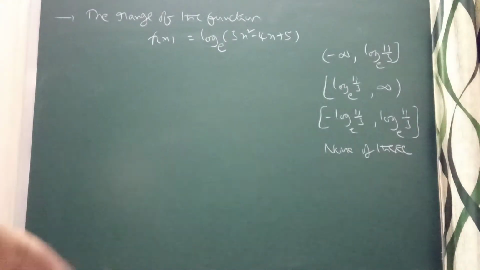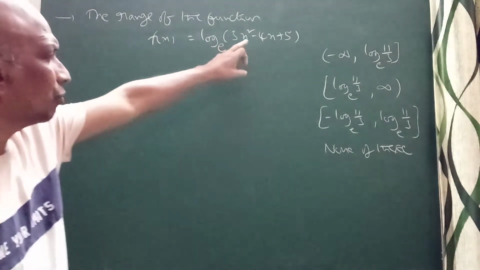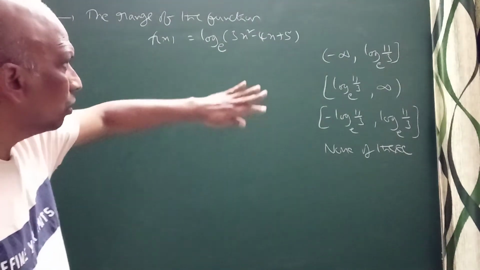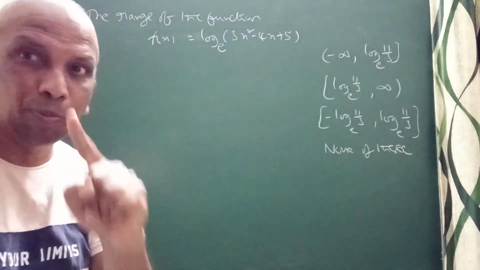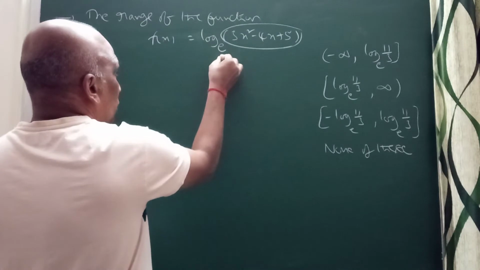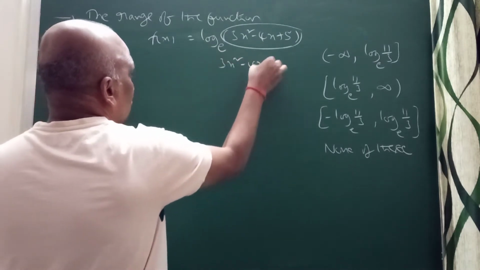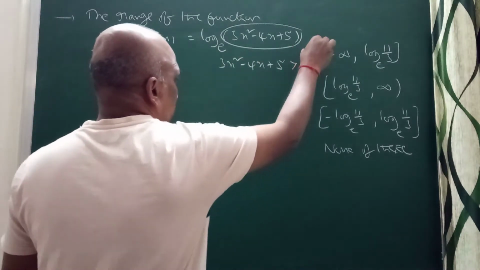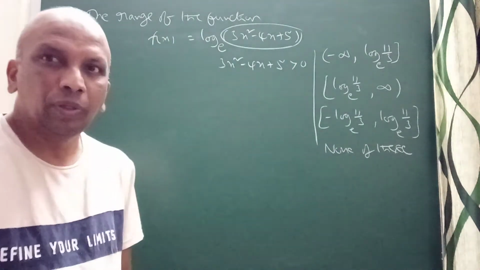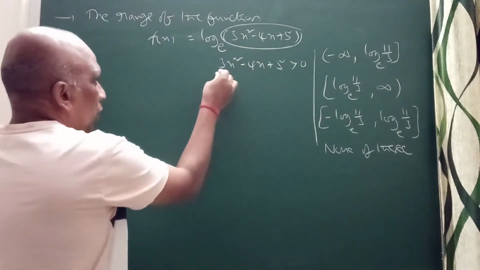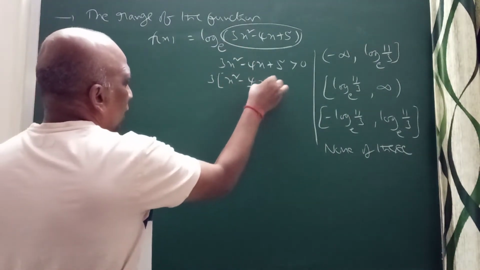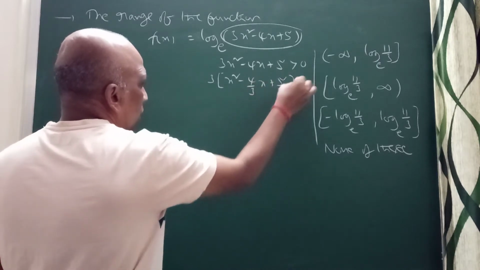Now in this problem, they are asking the range of the function log of 3x square minus 4x plus 5 base e. Now you can check here, logarithm exists for only positive numbers, so this should be positive, correct? So clearly we know that 3x square minus 4x plus 5 should be greater than 0. To find the range, it is better to know the domain also. So you can see where it is positive, you can take 3 common: x square minus 4 by 3x plus 5 by 3 is greater than 0.